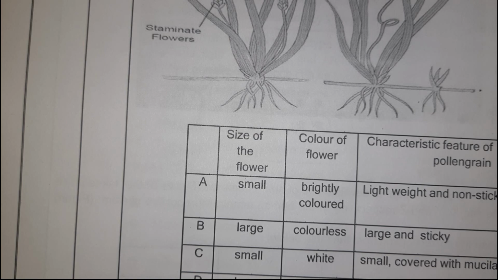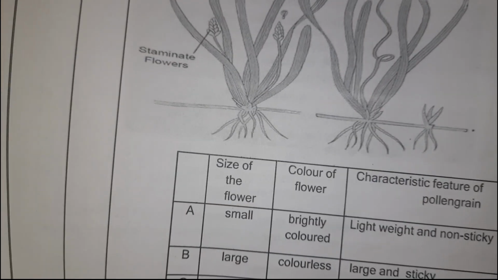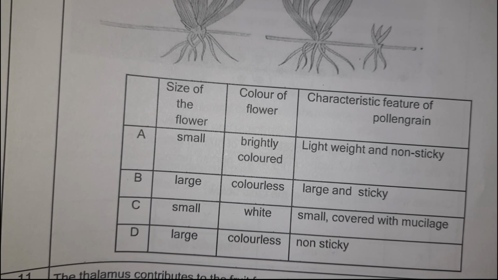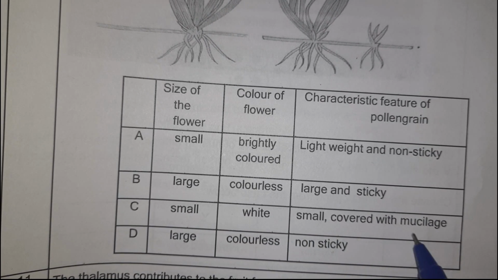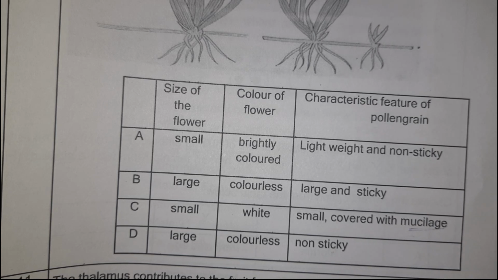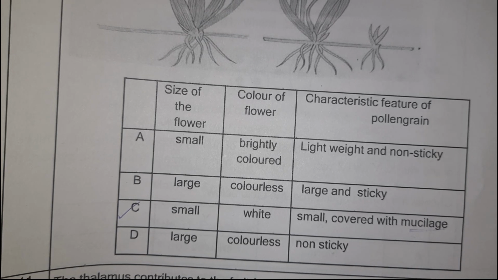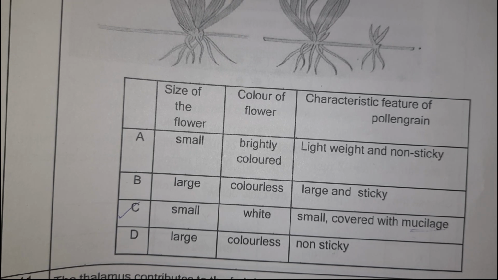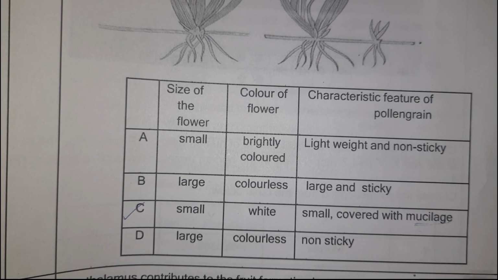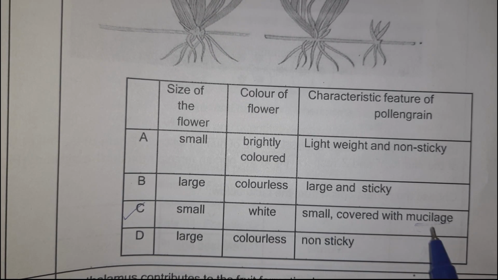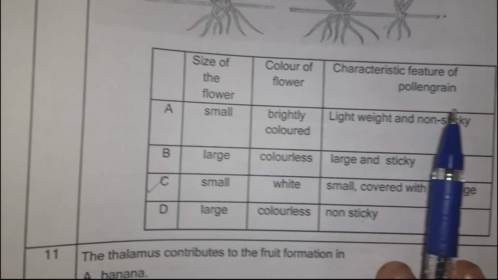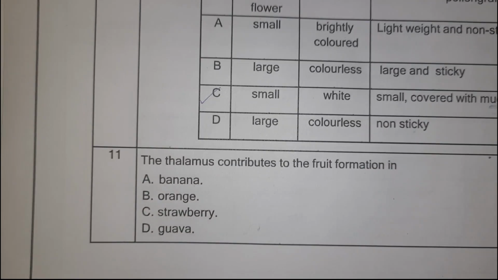ठीक है, अगर हमसे करेक्टरिस्टिक फीचर पूछा जाए पॉलन ग्रेन का, तो when we are looking with white there is small covered with mucilage। अगर हम डायरेक्ट भी सिर्फ इस mucilage वर्ड को देखते तो हम डायरेक्ट इस ऑप्शन पर टिक कर सकते थे। क्यों? क्योंकि mucilage क्या होता है, ये एक ऐसी कवरिंग होती है पॉलन ग्रेन के ऊपर जो कि उसको पानी के अंदर रहते हुए भी वेट नहीं होने देती। ठीक है, तो जस्ट बाय लुकिंग एट द ऑप्शन दैट इट इज कवर्ड विद mucilage वी वुड हैव गॉन टू द करेक्ट ऑप्शन।